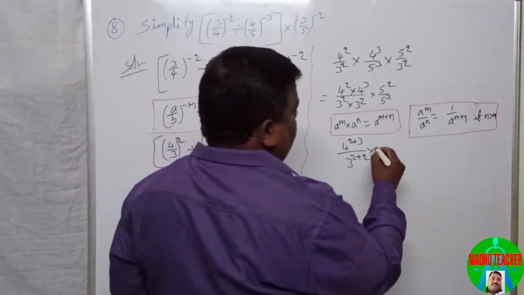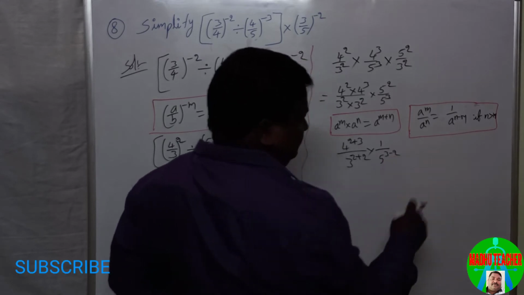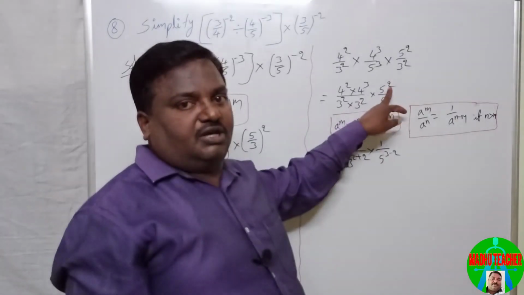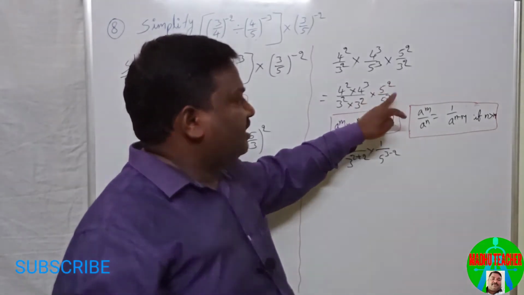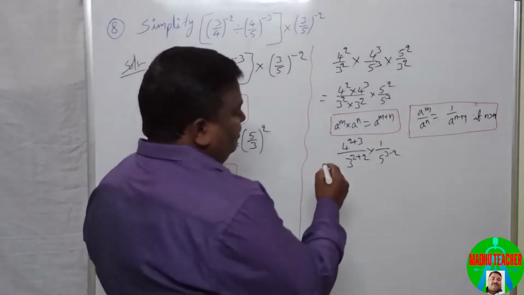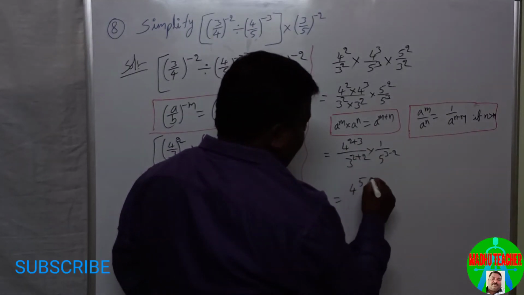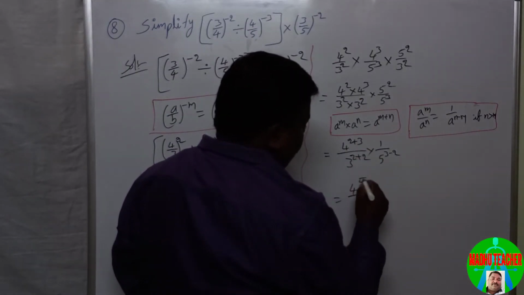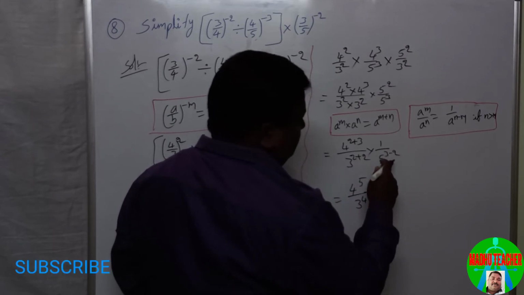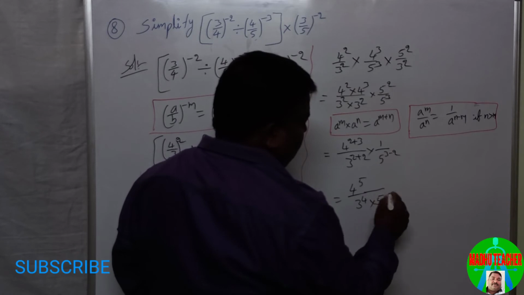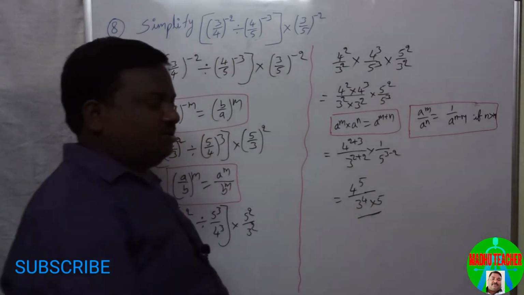Okay, so that is 1 by 5 to the power of 3 minus 2. If the exponent in the numerator is larger, it can be moved up. Since this one is larger, I brought it down. That equals 4 to the power of 2 plus 3, 5 by 3 to the power of 2 plus 2, which is 4 into 3 minus 2 is 1, 5 to the power of 1, that is 5. So this is the answer.